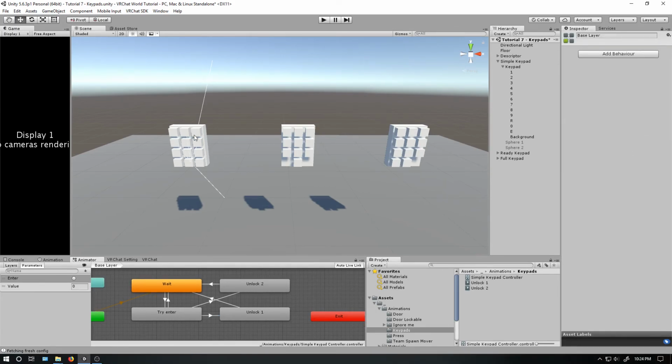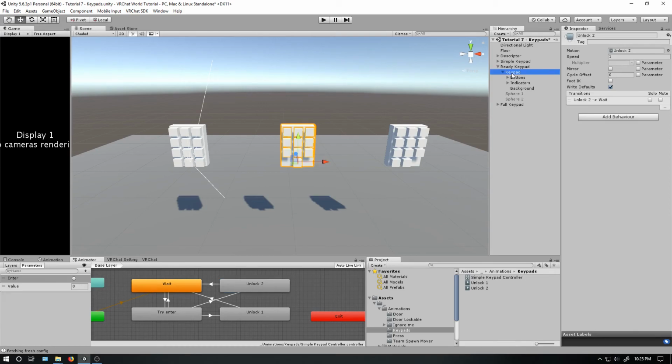So the simple keypad is pretty much done. As I said before, you can't show state indicators. You kind of don't really want to with this because you can have such long things. You can add as many of these unlocked states as you want. You just have to set up each one individually. But now, let's move on to the next keypad,